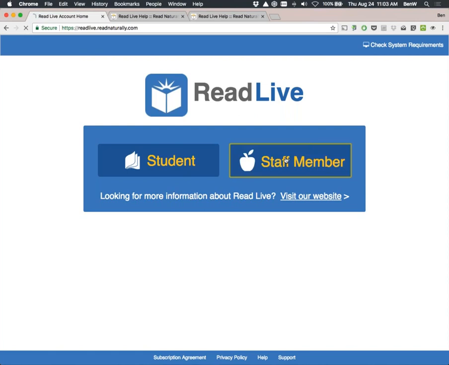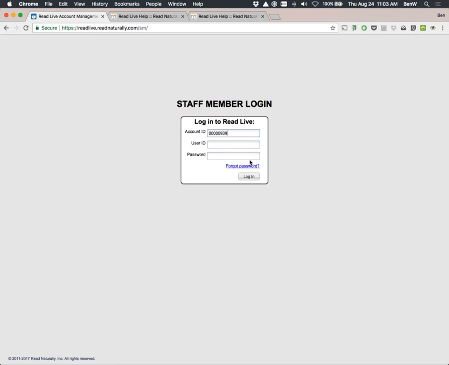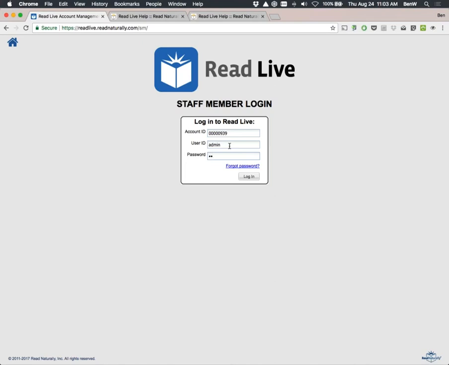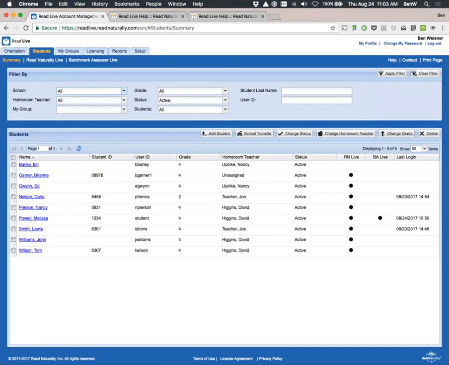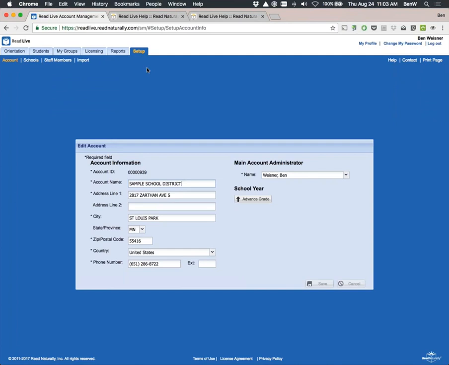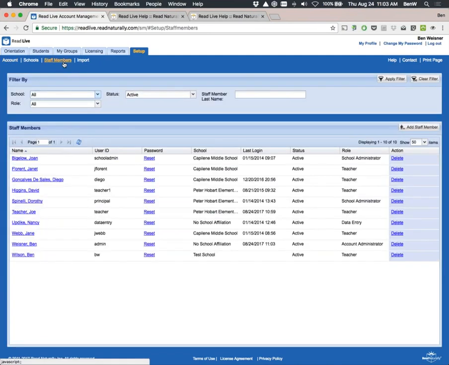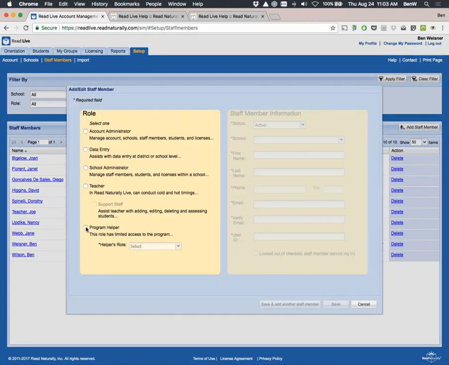If you are an account administrator, I'm going to log in as an account administrator here and show you one thing. Or if you're a teacher and you want to talk to your account administrator, you can also allow parents to work with their child at home by adding them as a program helper.